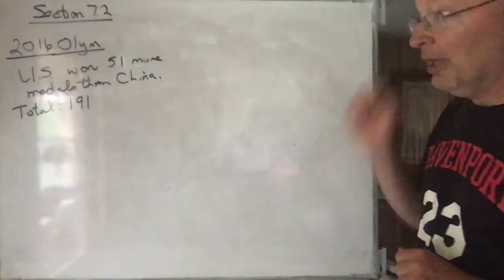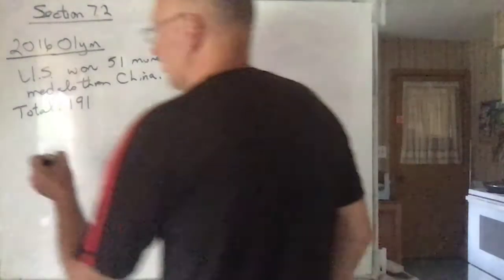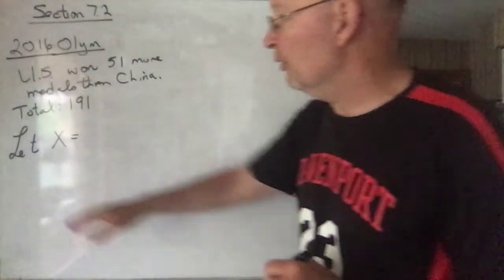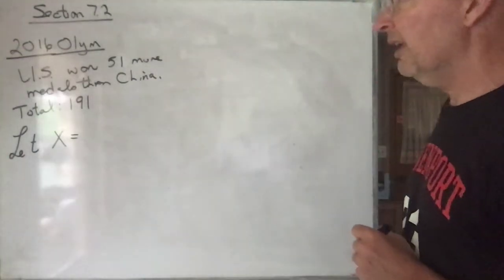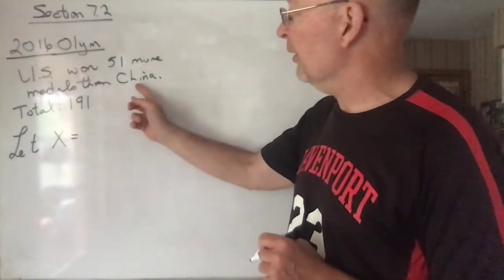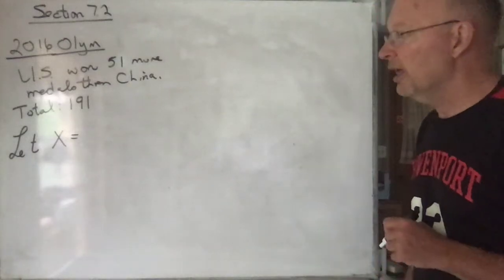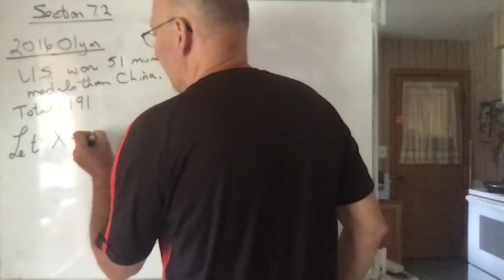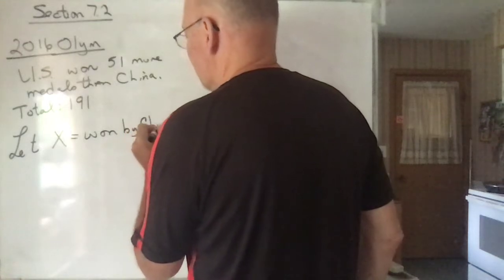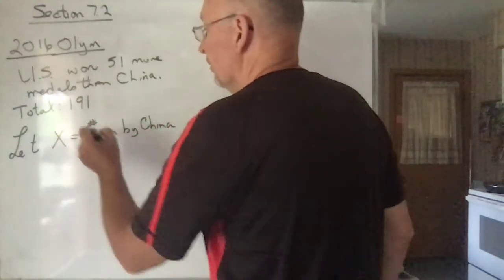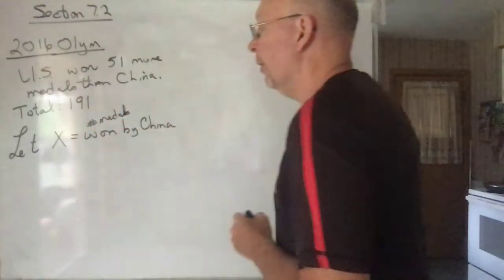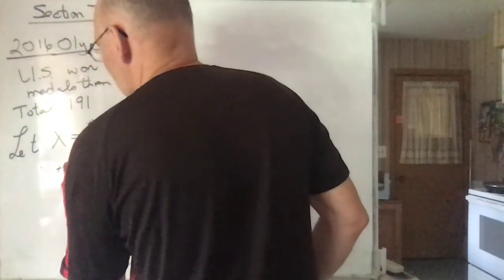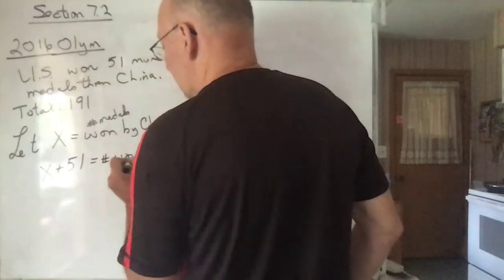Well, we don't have that power, but we do have the power over mathematics to say let x be equal to something. So that's the power you have over mathematics. And so let x be, and we have a choice here. We could let x be the number of medals that China wins or the number of medals that the US wins. And one of those is easier than the other. I'm going to choose x to be the number of medals won by China. The reason is because then I know that x plus 51 is the number won by the